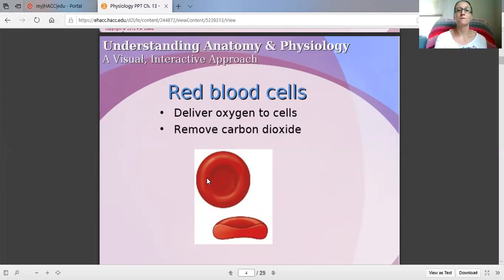Now, the cytoskeleton of the red blood cells is really flexible, so that a red blood cell can actually make its way out of a capillary and into the surrounding tissue. And it does so by kind of squeezing itself, almost like a water balloon. If you were trying to put a water balloon through a hole of some kind, you'd have to squeeze it and push it through. And that's how red blood cells do what they do, to deliver oxygen to the tissue. So they're flexible, they're round, they're bouncy, and